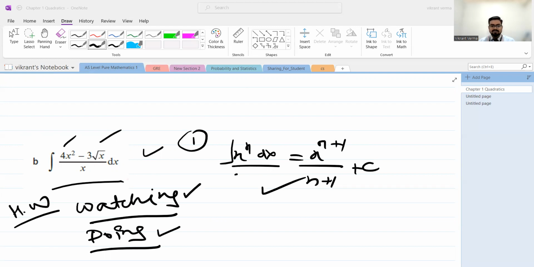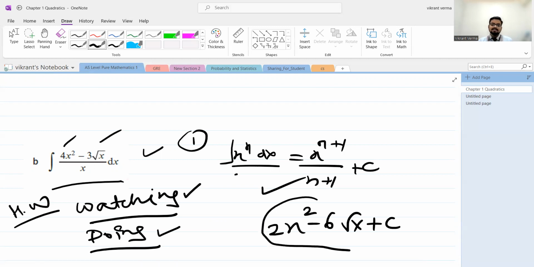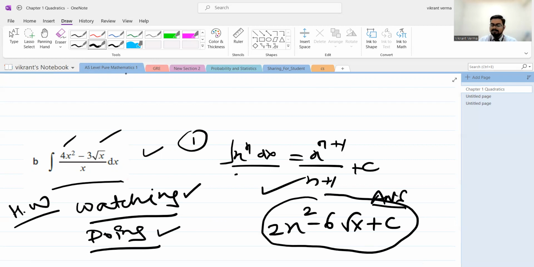The answer for this exercise is 2x square minus 6 root x plus c. Okay, the answer is 2x square minus 6 root x plus c. Now you just tackle this question and arrive at